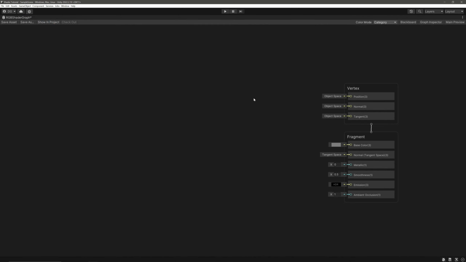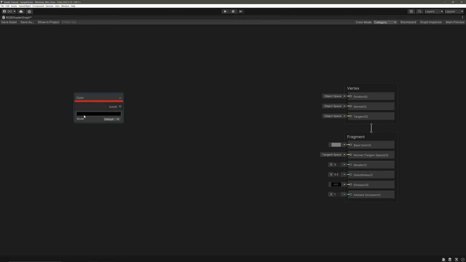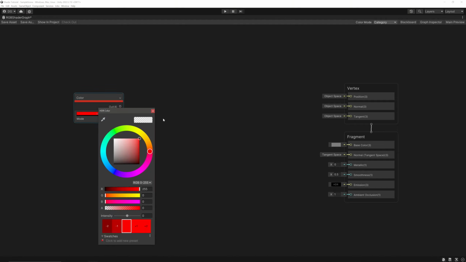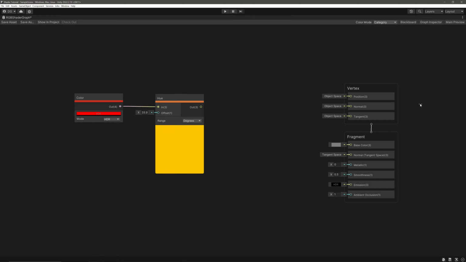In our shader graph, let's deal with the color part first. We want a full color spectrum, so we can just take a color and shift its hue values to get the spectrum. Let's create a Color node. Set the mode to HDR. Assign a default color. I'm setting a red, but you can set a color of your liking. Then we will take its output and feed it into a Hue node. It will shift this color's hue by this offset.